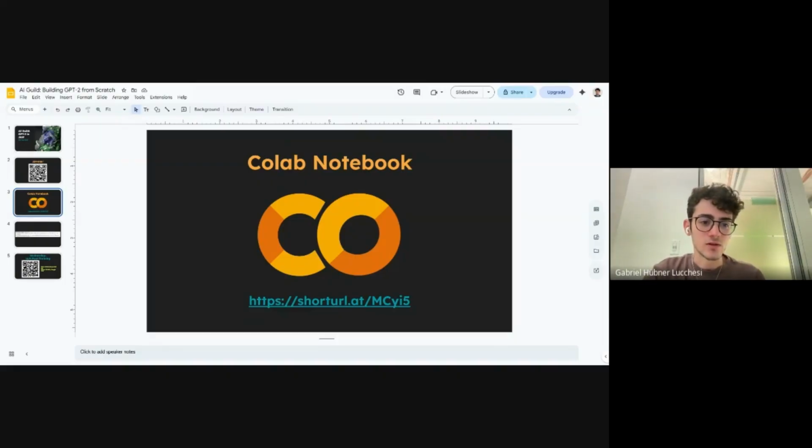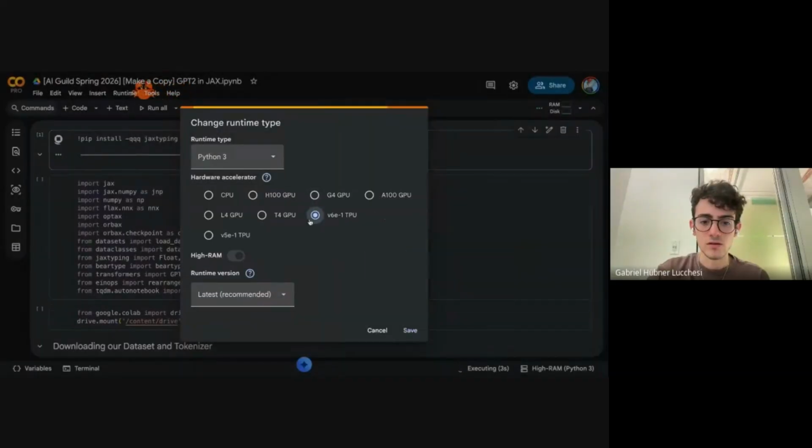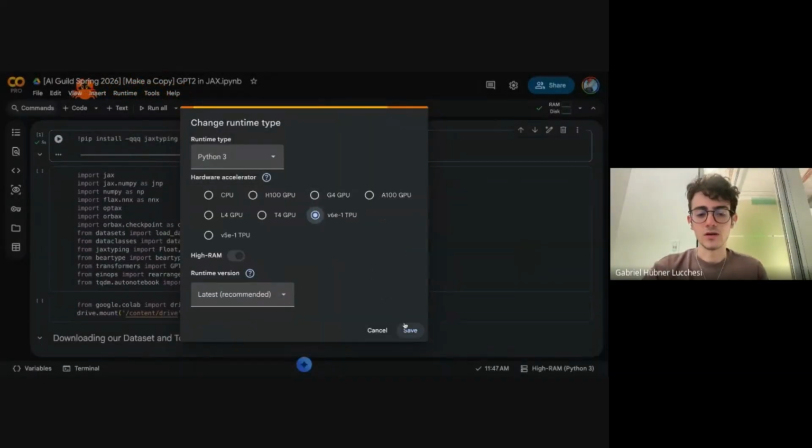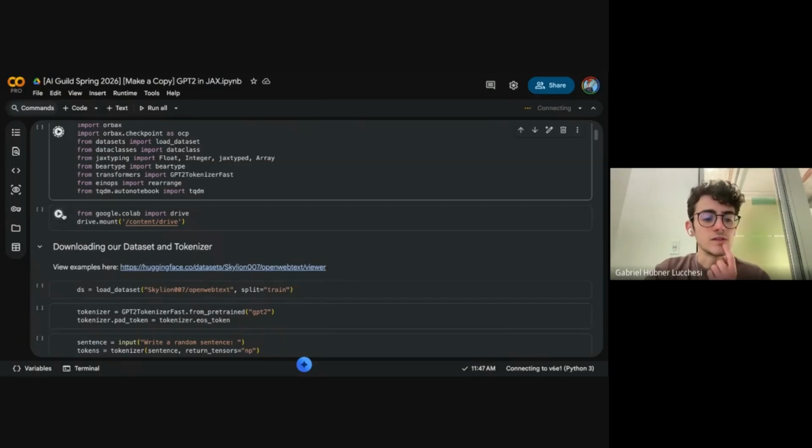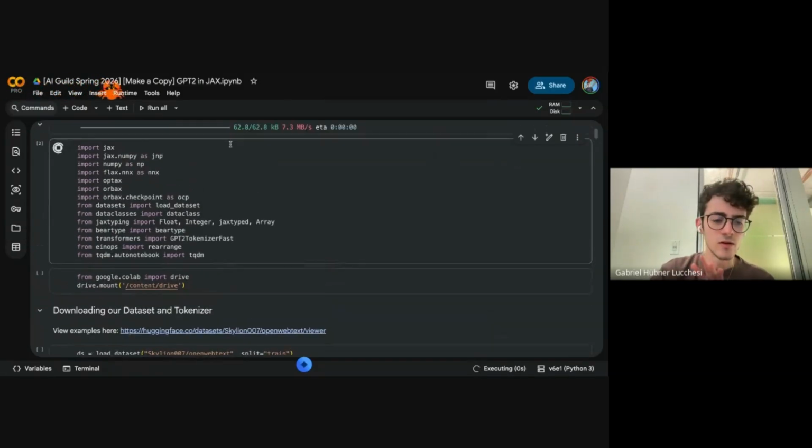Essentially, what you have to do is just run this first cell, and then we're going to install a couple of utilities. Oh, I forgot to say, before you do that, make sure to swap it to a TPU runtime over here on the top. So I'm going to change it to a V6E1 TPU, which is the Trillium. And then you have to just rerun everything. I decided to do checkpointing on my Google Drive just because it's easier. Also, Alex, let me know if there's questions in the chat, and then you just interrupt me, and I can answer. All right, perfect.